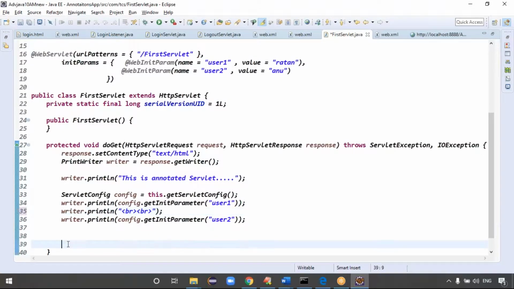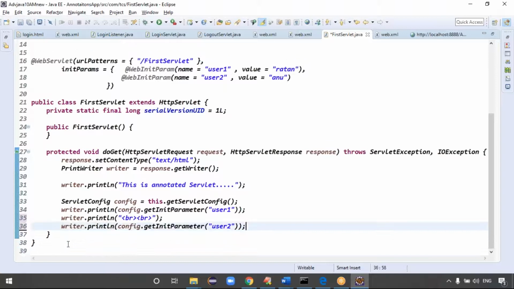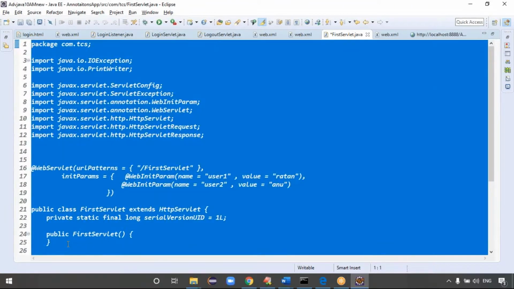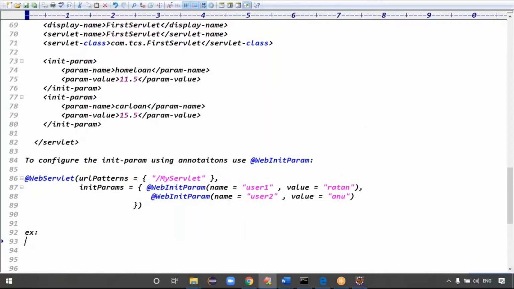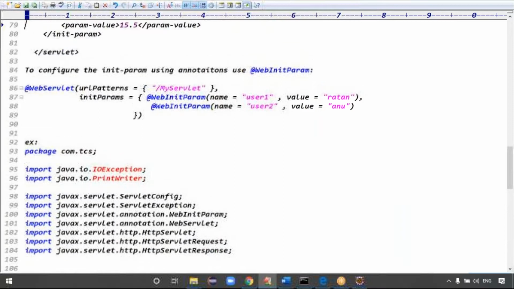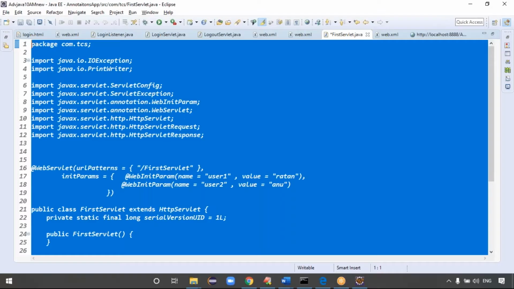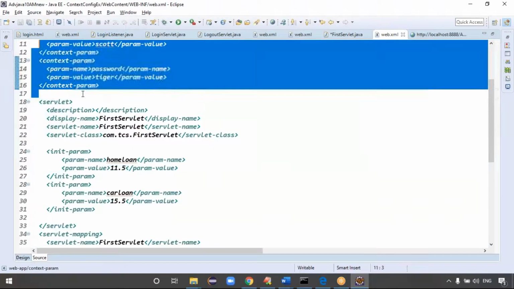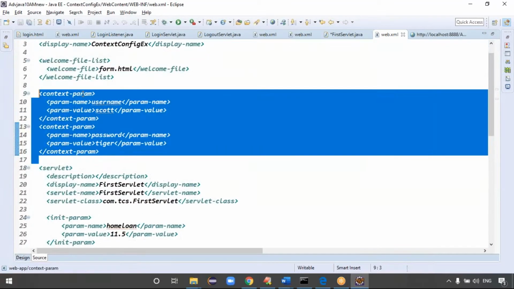As you can see at this point, the data which is specific to servlet we can specify using the @WebInitParam tag, right? Exactly. But if the data is common for all servlets, what? In the web.xml file generally, we specify the data using the context-param tag, right? Do you remember the context-param tag? This is a context-param tag. Because if the data is specific to a servlet, you use the @WebInitParam tag and specify the data. That is fine, well and good.